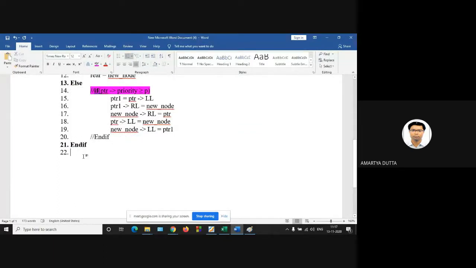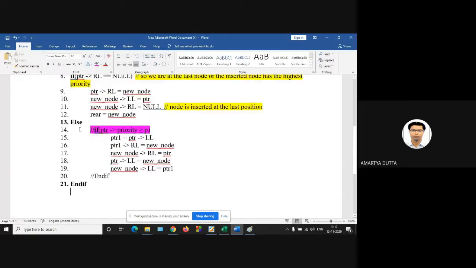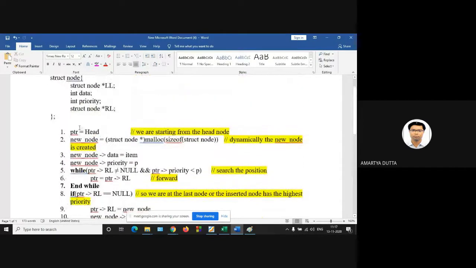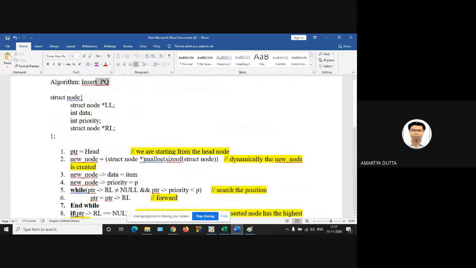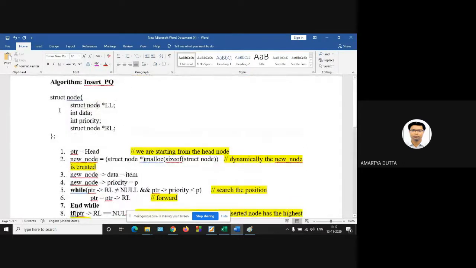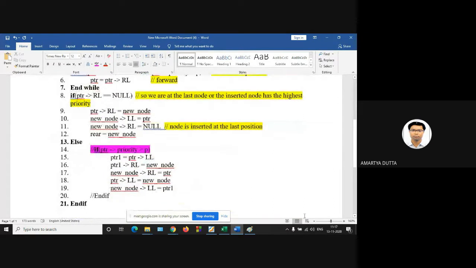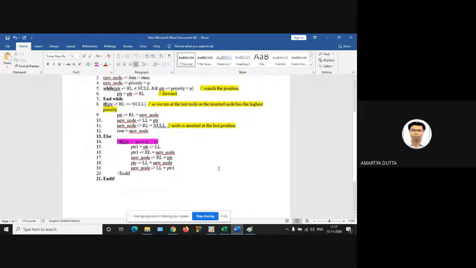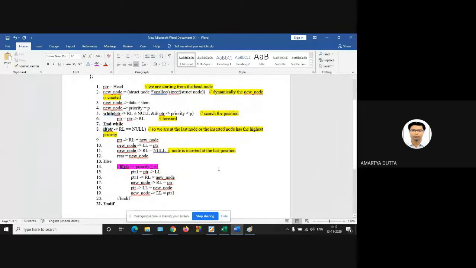Okay, and then just return. So this is the algorithm for insert. Any question from this insertion? Anyone?